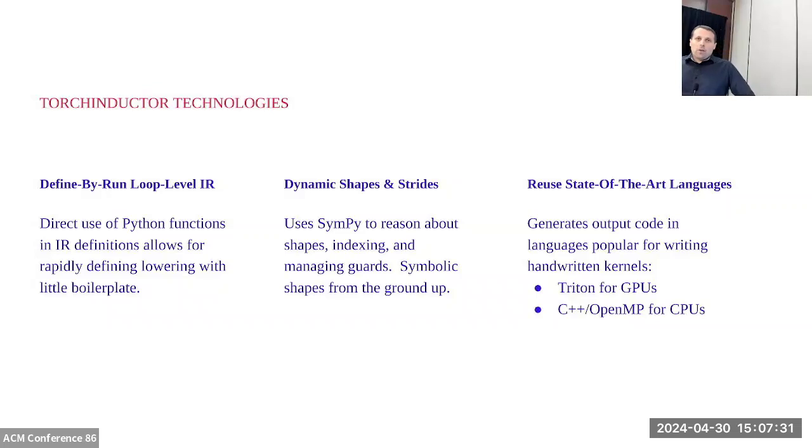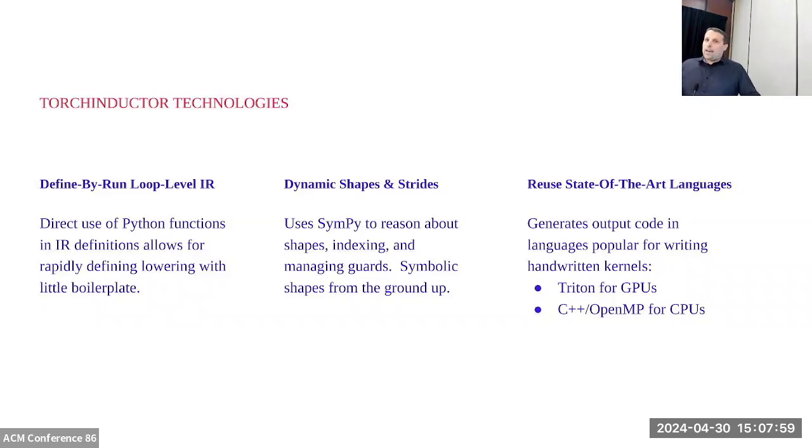So next, I want to talk about three different technologies that make Torch Inductor unique. The first one is a define-by-run loop-level IR. What this means is that our compiler IR representation actually contains within it Python functions that have the full power of the Python language embedded in its compiler IR. The big advantage of this is it makes it really easy to write lowerings from PyTorch into Torch